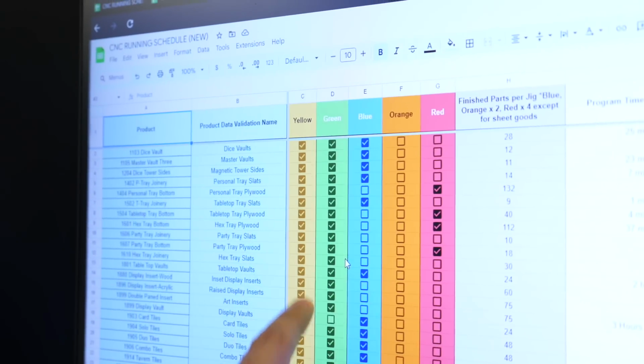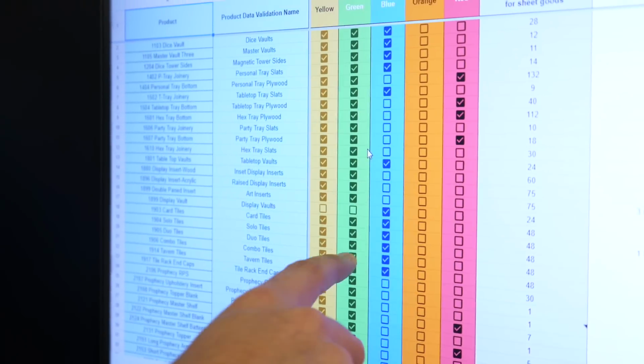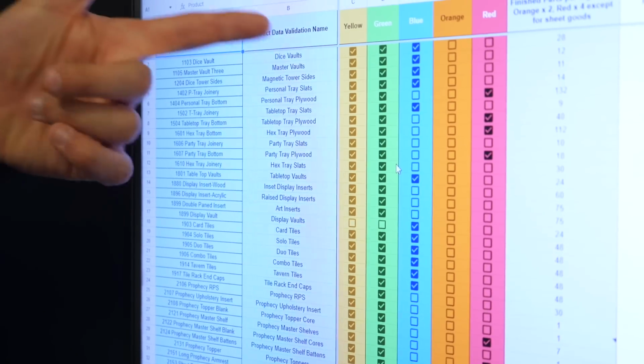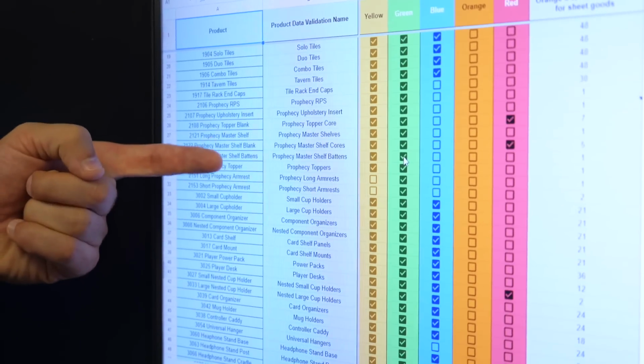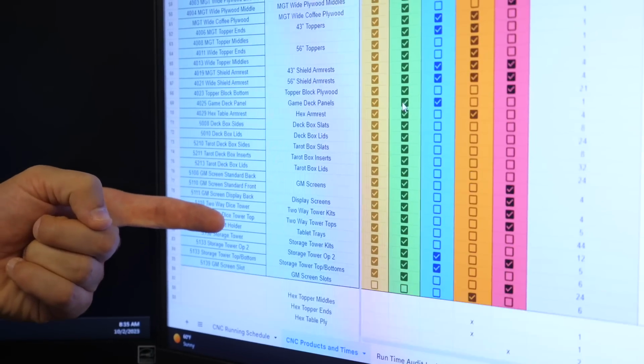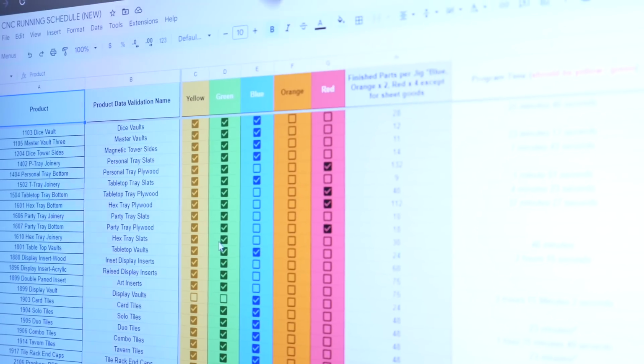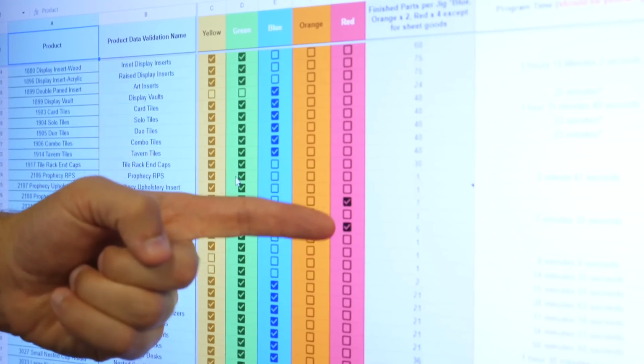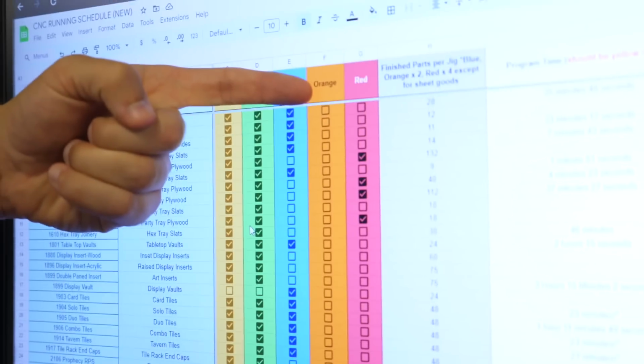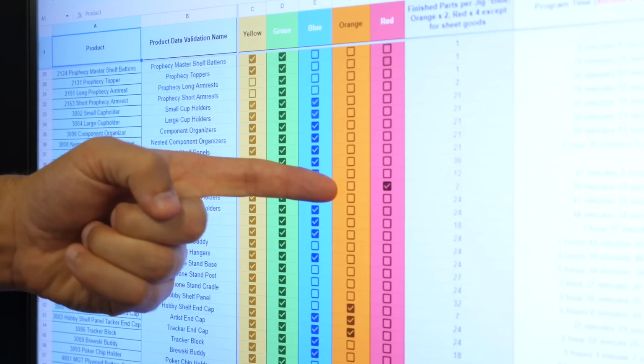Each checkbox indicates a program that it can run. These are all the different types of things we make. But what you'll notice is red, which is our most productive machine, knows very few things. And orange, which is a very productive machine, knows very few things. Not all our machines know all the programs. And actually they kind of don't need to, but you do need to have the right machines that know the